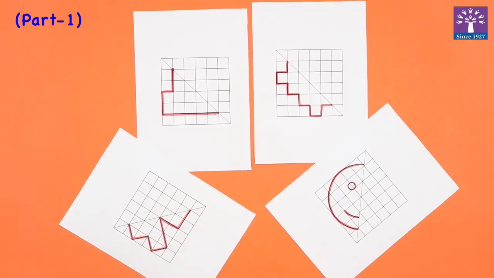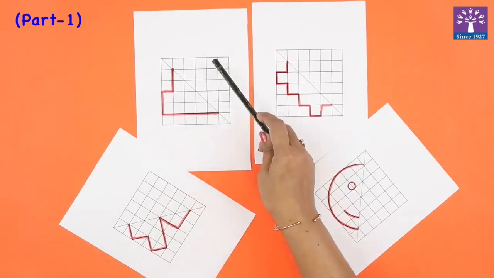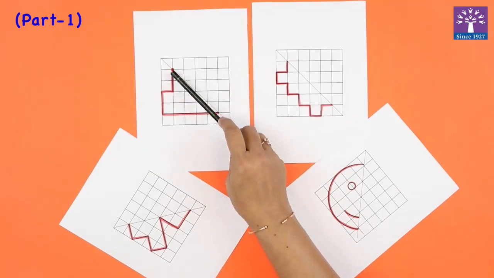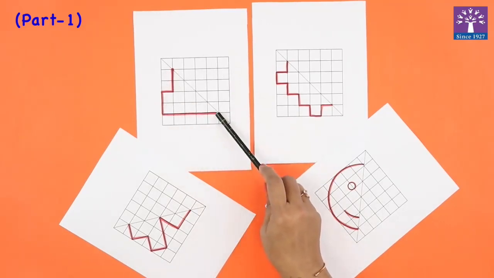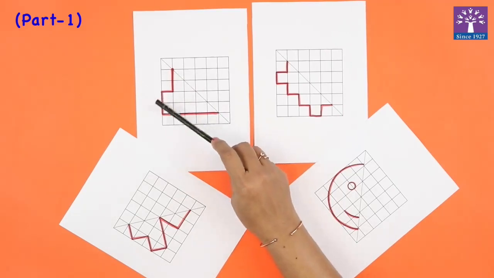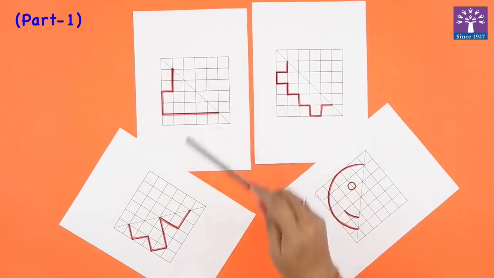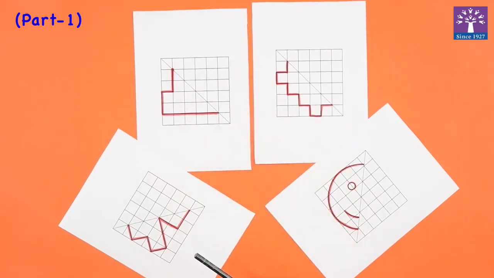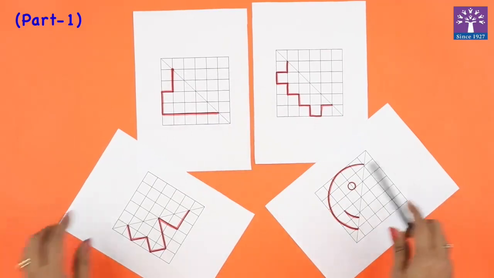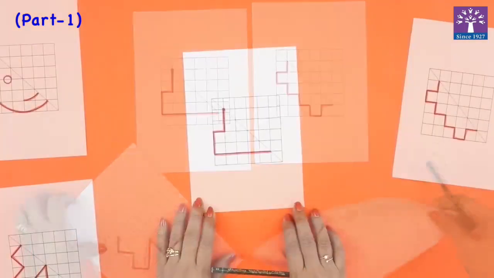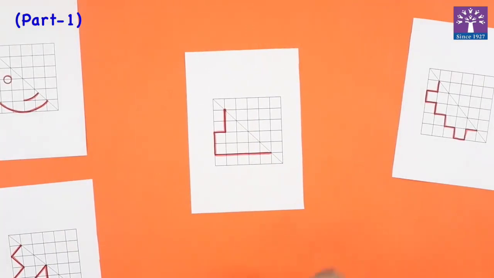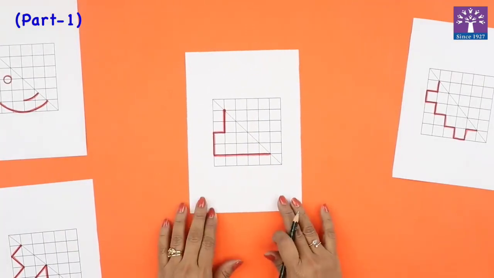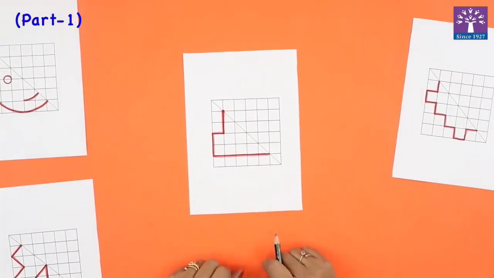We are going to learn how to replicate the mirror image to draw the same design that you can see highlighted in the red sketch pen. We will draw the mirror design on the other side of the center line or the axis line. So let's start with the easy one first. We'll begin with this picture. We'll observe the half drawn image on the grid.